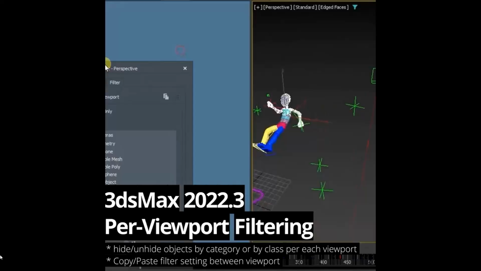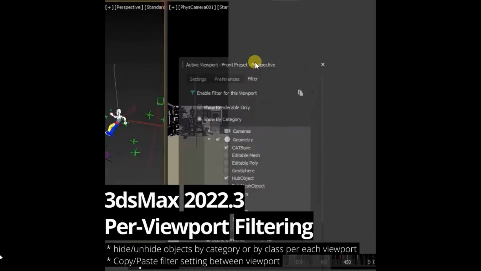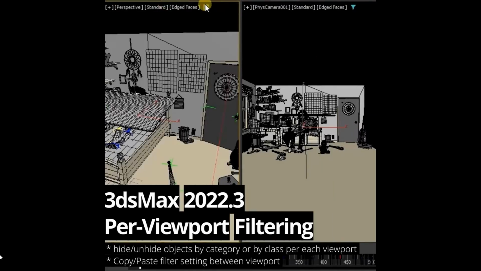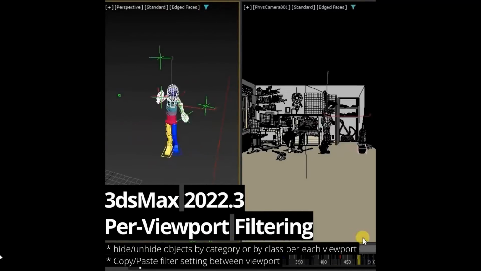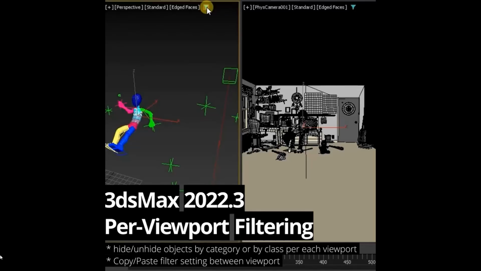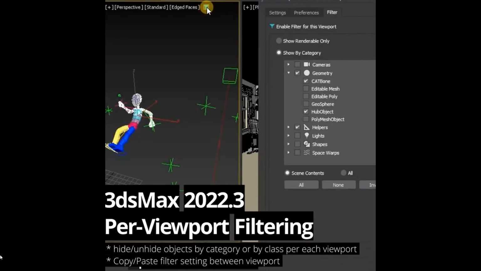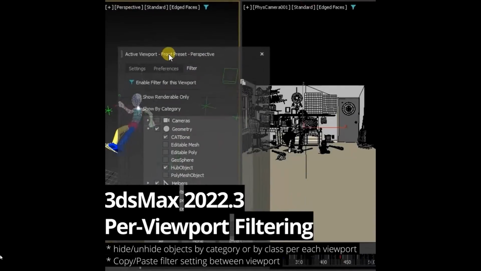Just to give an example, but I think that it's a great example for animators, where you want to work in one viewport and see something different in another viewport. On each viewport menu, you will have a new icon that is kind of like a filter. You can turn this on or off, it's simply a toggle, but then you can open a menu, and in this menu you can filter any element that you want, and there are other options like copy-paste, to copy-paste the filters of one viewport to another viewport.